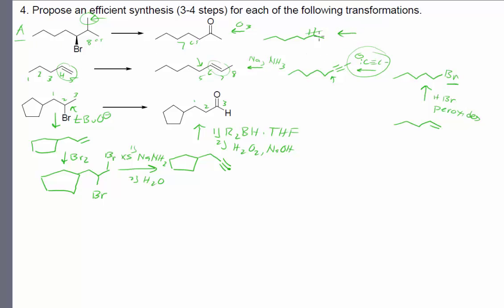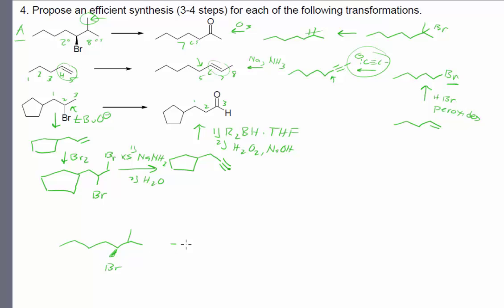How do we get to this alkene? Well, of course, that can be achieved via Hofmann elimination of this tertiary bromide. How do I get to that tertiary bromide from a secondary bromide? Well, that's simply moving the leaving group. So if I start down here